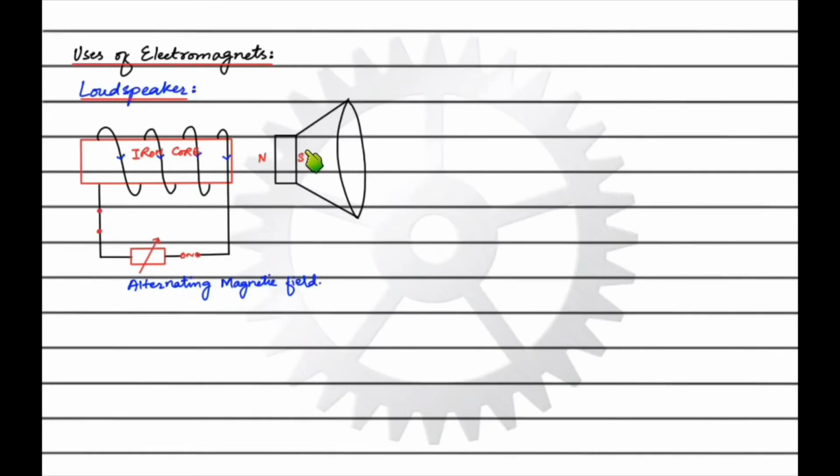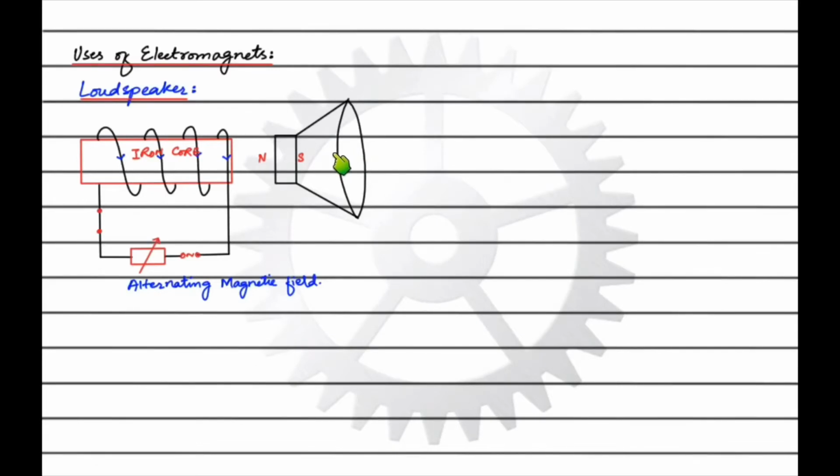This vibrating paper cone will push the air in front of it forwards and backwards, and this will create compressions and rarefactions. Compression will be created when the cone moves outwards and the air is compressed, or you can say the air particles come closer. Similarly, if the cone moves inwards, there will be a region where there are fewer air molecules, and this region will be called rarefaction because there will be fewer air molecules and less pressure.